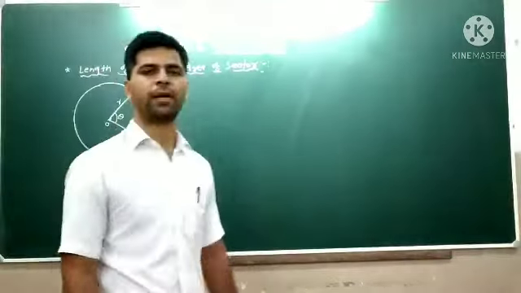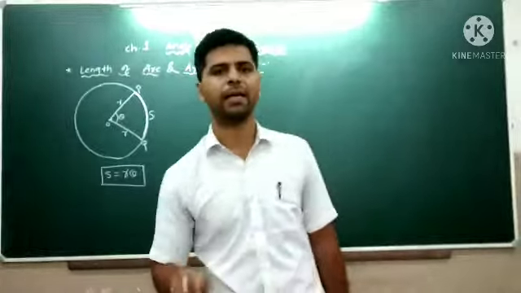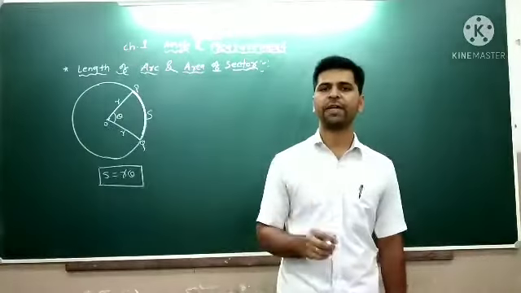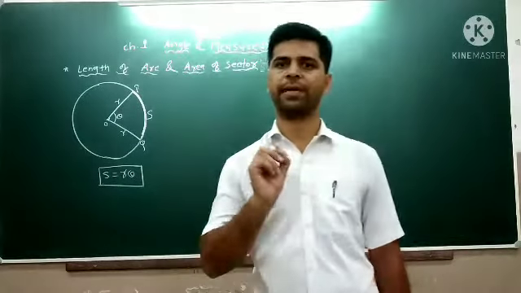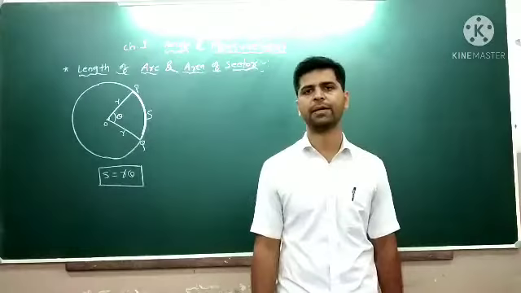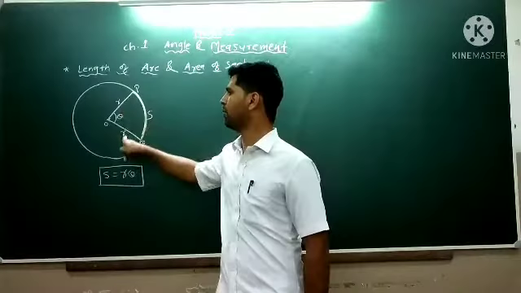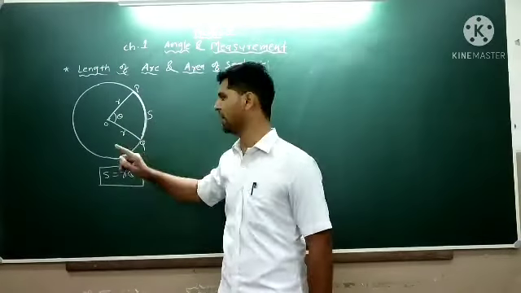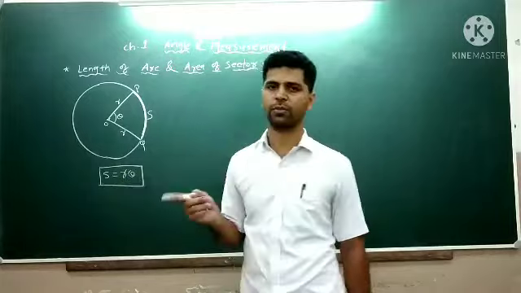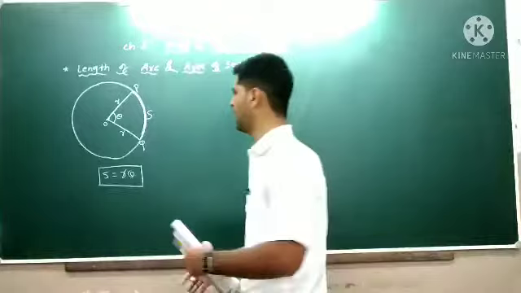Okay, but don't forget the theta is always in terms of radian. It should not be in degree. If any example gives the angle theta in degree, first of all you will convert that into radian by multiplying it with pi by 180, and then put that here. And if you have 2 times radius, it is not like that you have to do that 2 times of r square. No, you have to take only once. Okay, this is the formula to find length of arc.